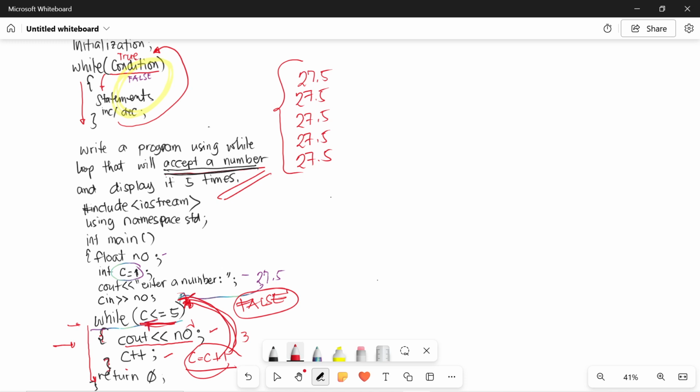Now, next. Okay, let's have another problem. Write a program, again using the while statement, because our focus now is the while statement. Write a program that will